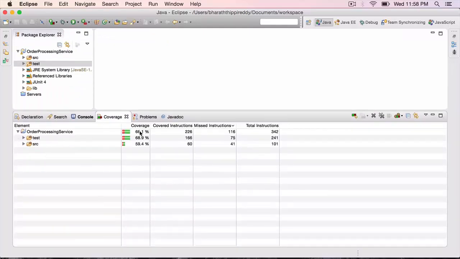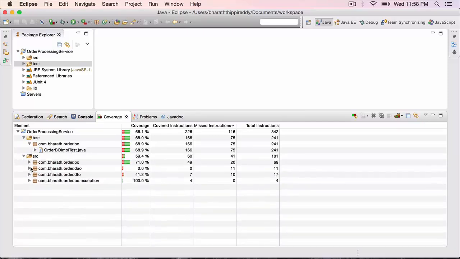As you can see, it has different columns: coverage in percentage, covered instructions, that is the number of lines that are covered by our tests, missing instructions, and then the total number of instructions. We don't really care about the tests themselves. That is not what we should look at. We should look at the source folder and go to our BO class, because that is what we have written tests for.